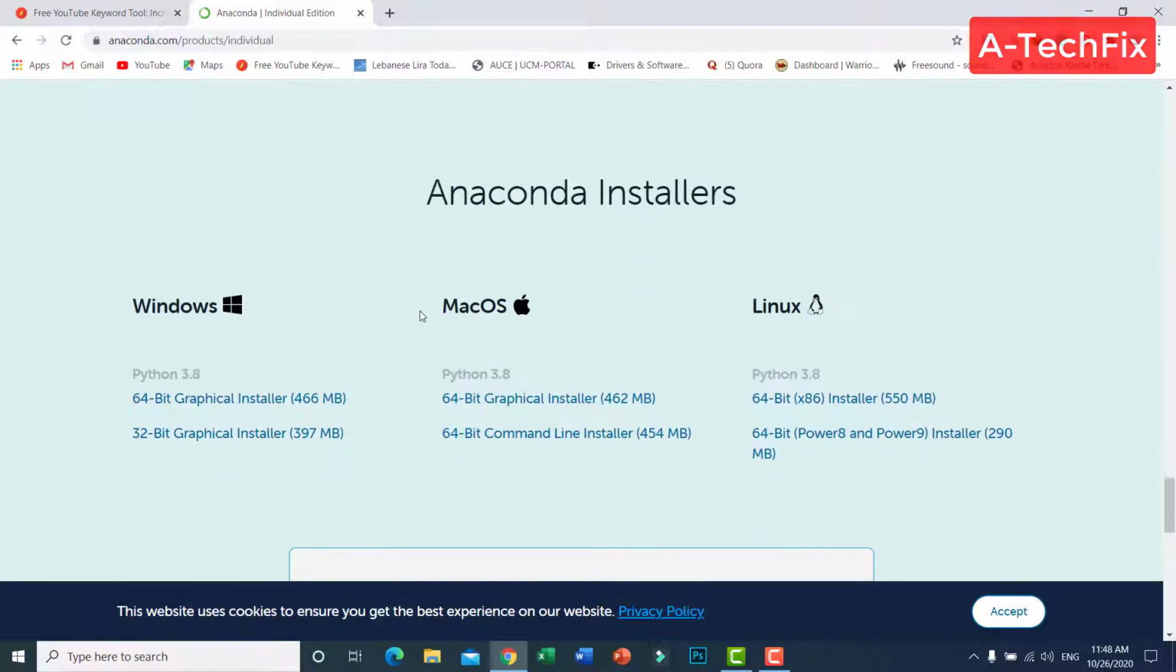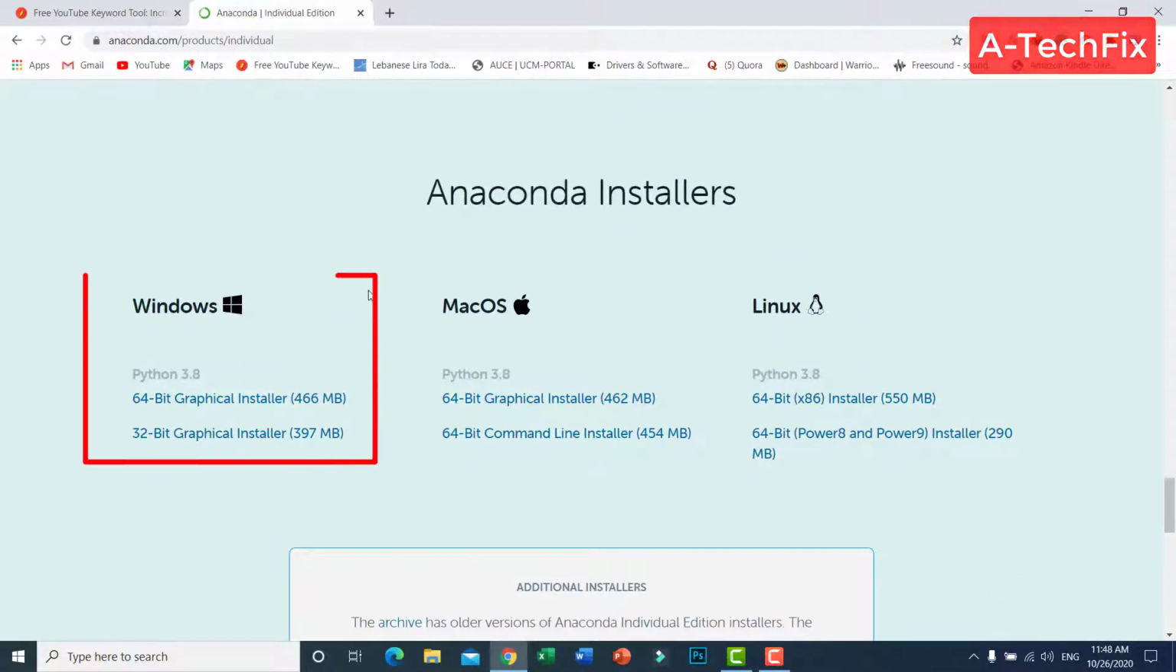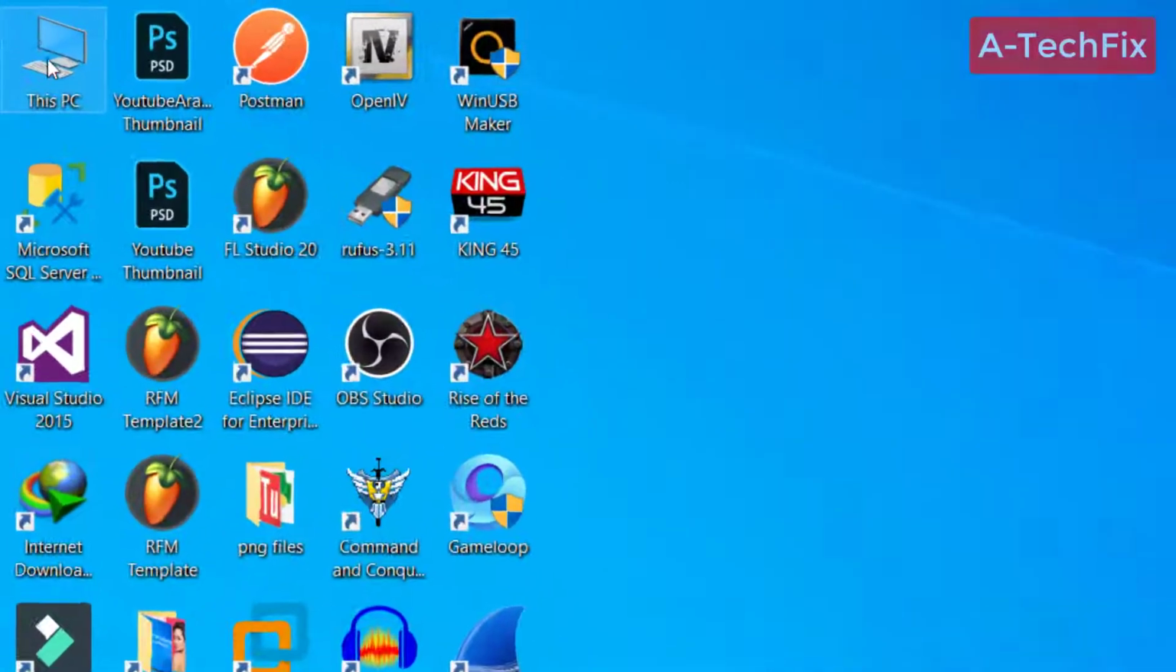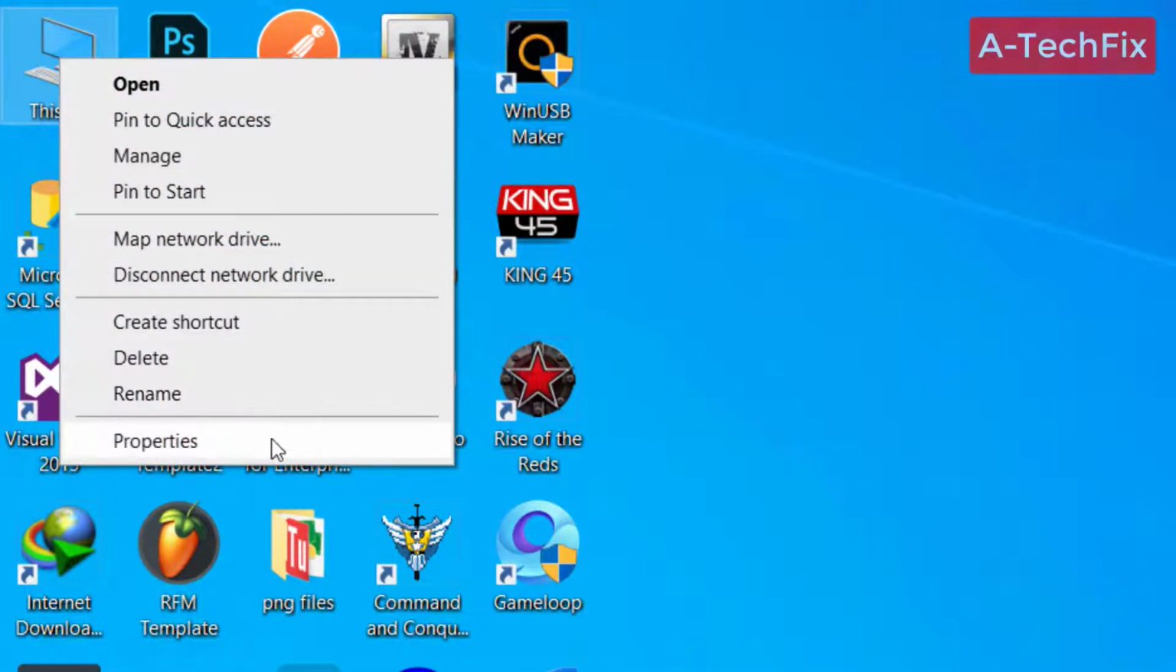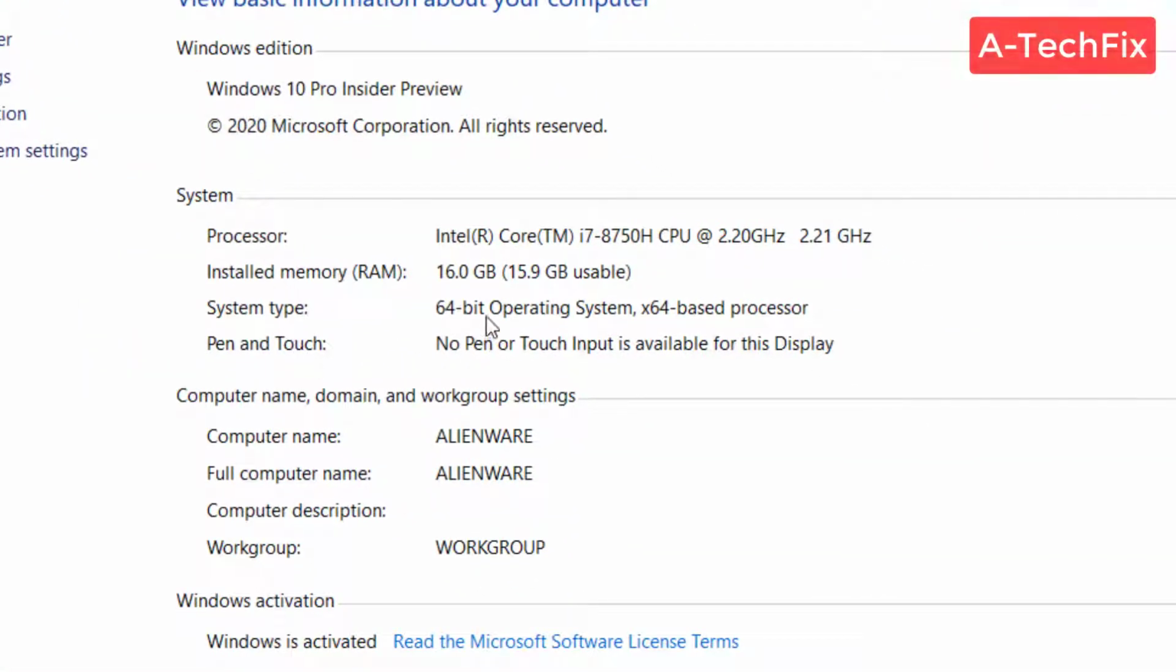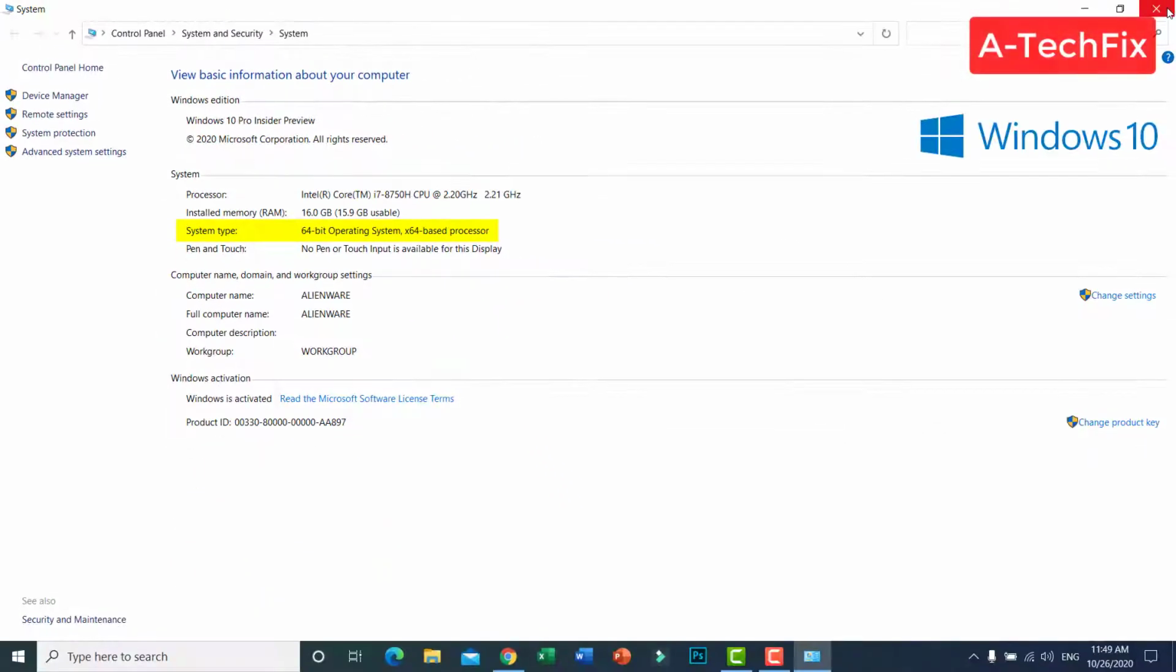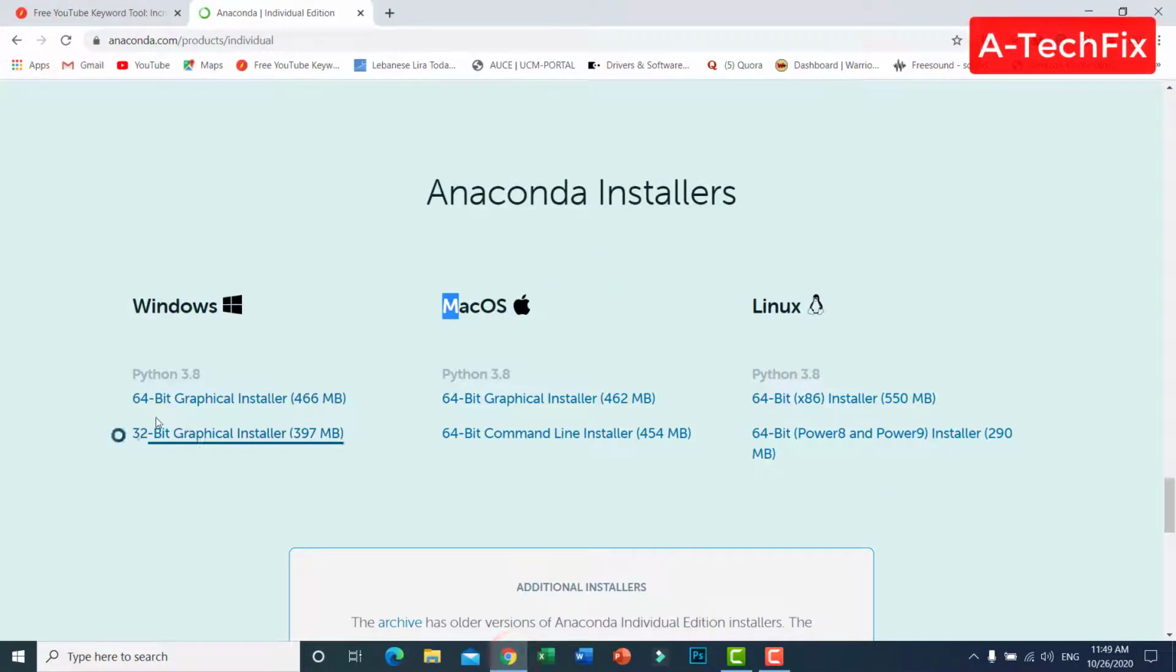Okay, here as you can see guys, we have multiple versions for Windows, for Mac or Linux. I want Windows 10, so check if you have a 64-bit or a 32-bit. Go to this PC icon, right click, properties. As you can see here guys, system type 64-bit operating system. So I want the 64-bit version. Okay, that's it. Click here